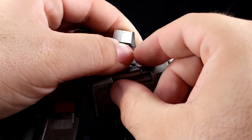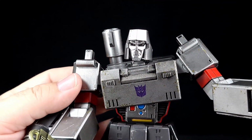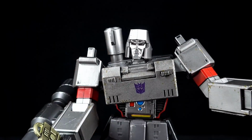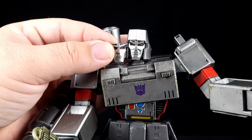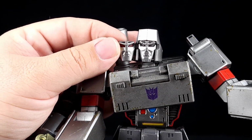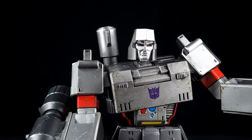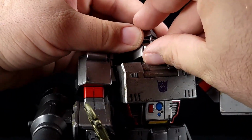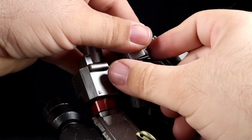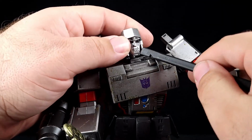But he's got eyebrows, which is a little weird, if I'm honest. Yeah, that might be the movie version or something, because he's got a defined chin. See what I mean? Same overall shape, but his eyebrows are a little bit different. Extra lines going on there, especially around the mouth. So I'm not entirely certain which version of the face that is. Oh man, that is not easy to do. I need a spudger. Hold on. Okay. So let me...